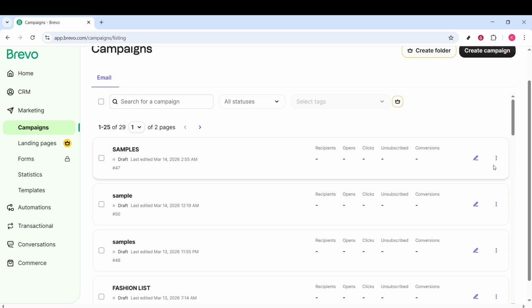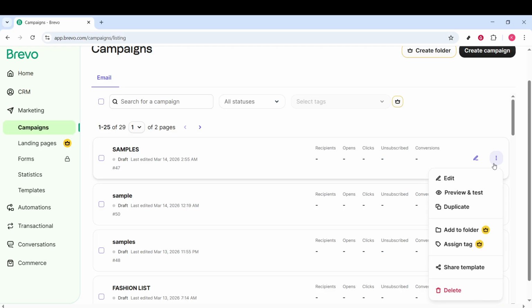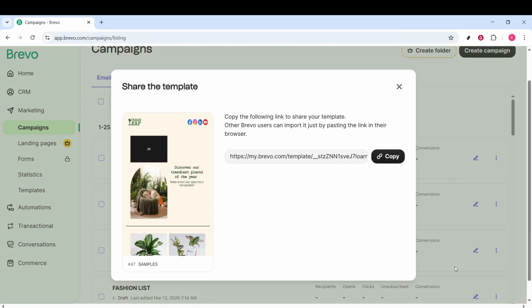When you find the right template, click More, which is shown as 3 dots on the same row as your template. This opens a small menu with additional actions. From that menu, select Share Template as HTML. This option prepares an HTML version of your template that can be shared or downloaded depending on your account setup